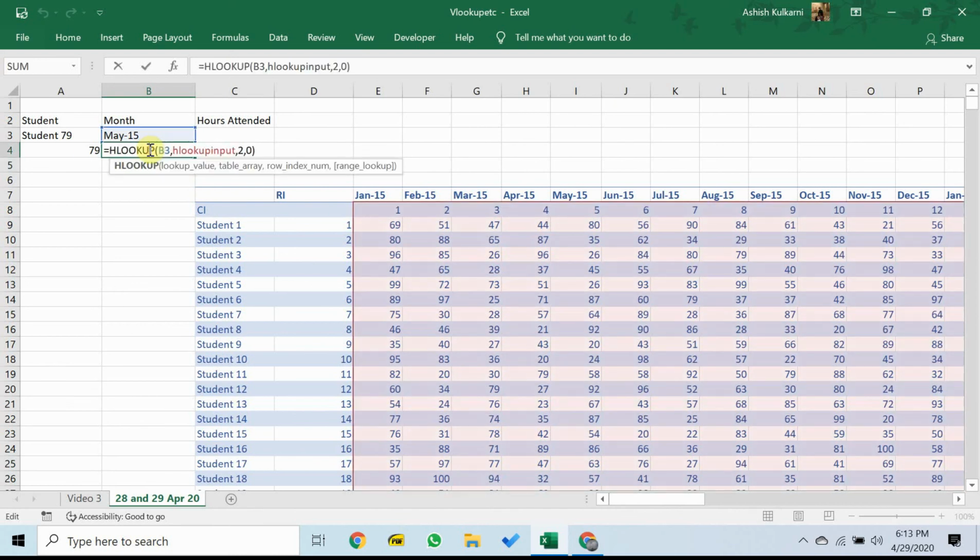And there's an error, which is on the face of it a good thing. The reason it's a good thing is because unfortunately I have made a mistake in my HLOOKUP input. I have asked it to search for May 15, but the entire row has been defined without including the row in which the months are written. This is where named ranges come in useful. We need to include this row, which is row number 7.